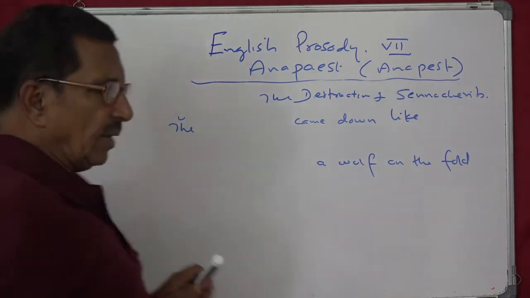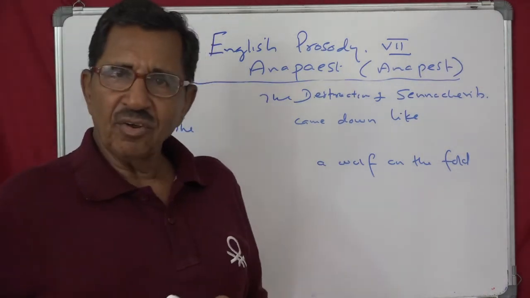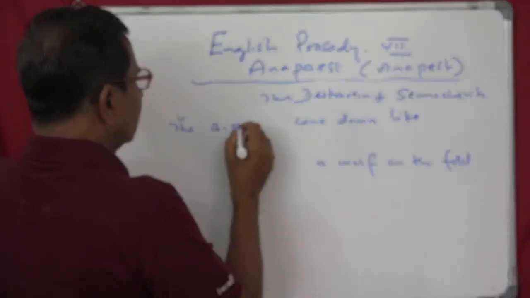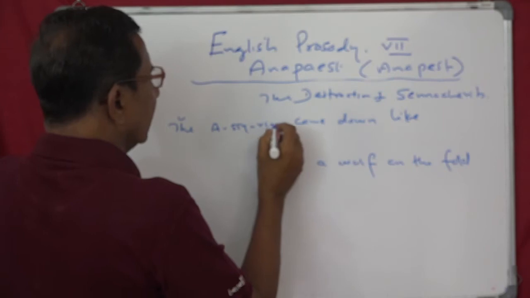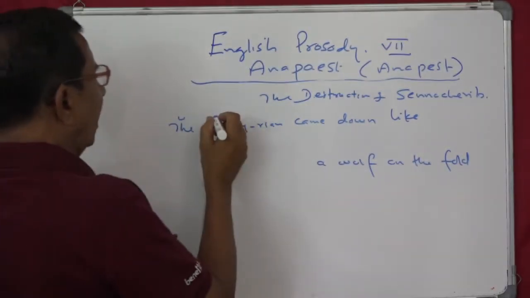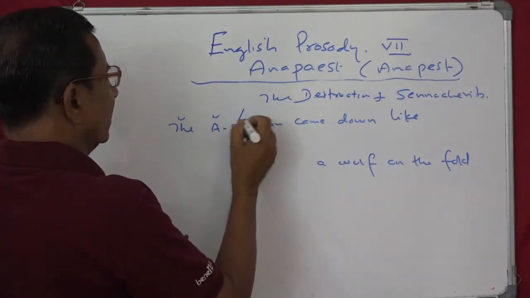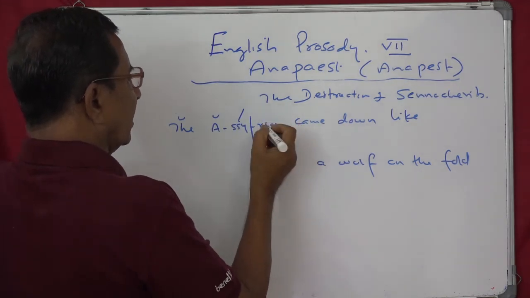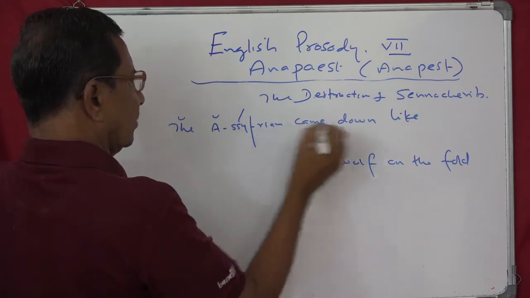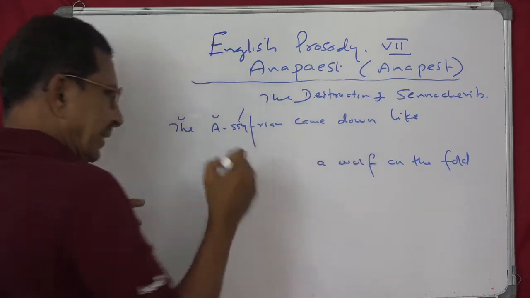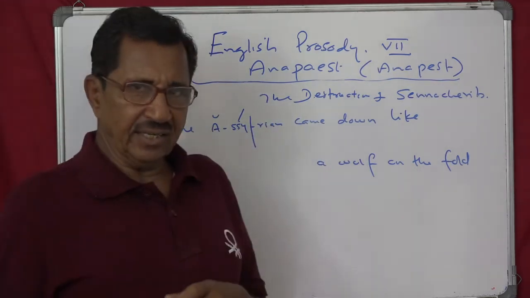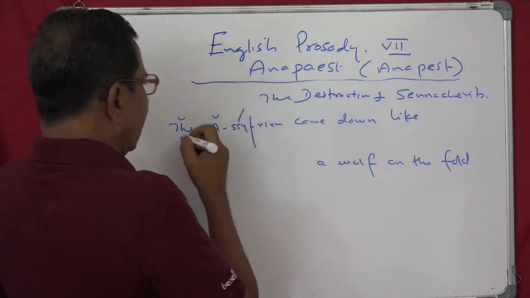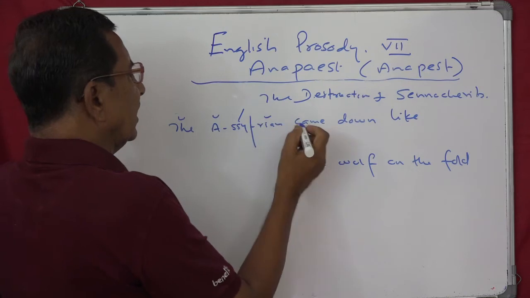Because syllable is counted according to the number of vowels. So the Assyrian. That's one vowel, no? Rian, that is diphthong. So the Assyrian